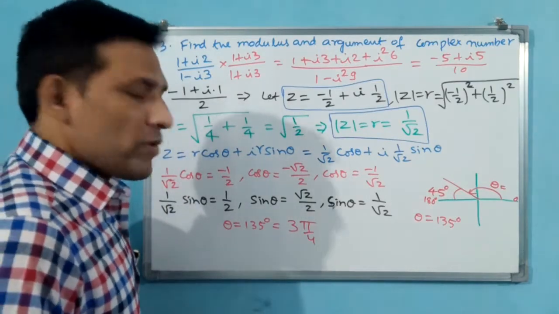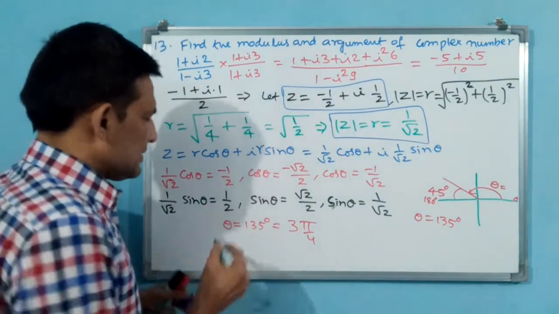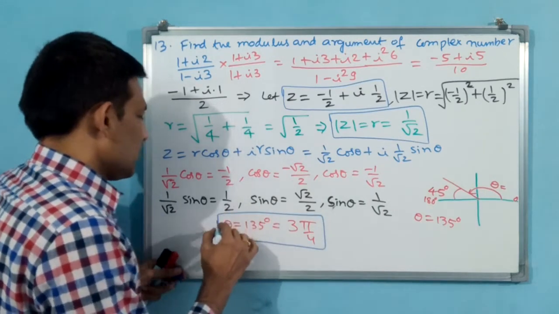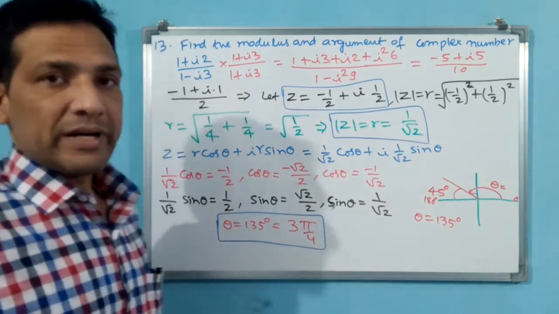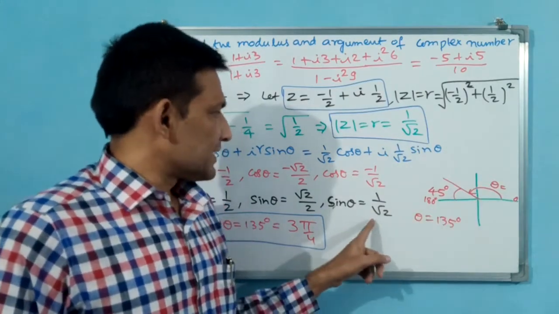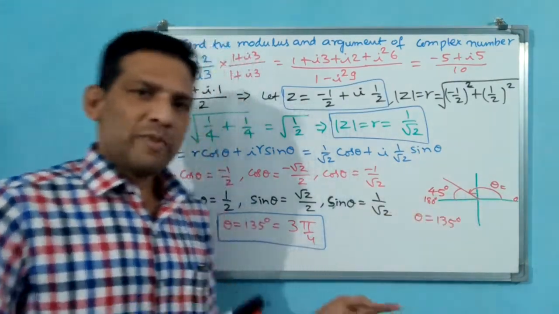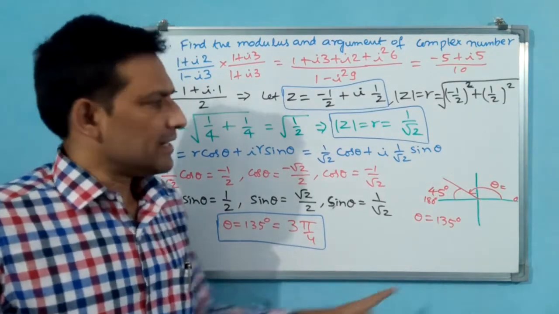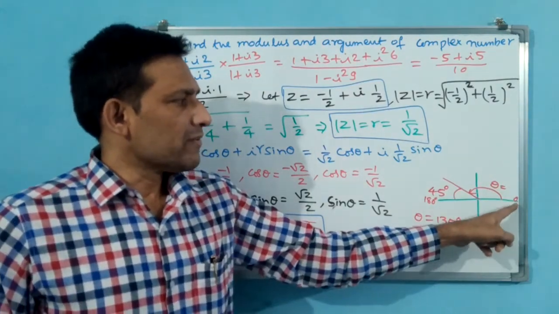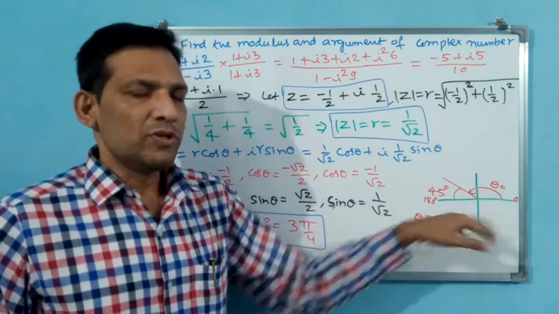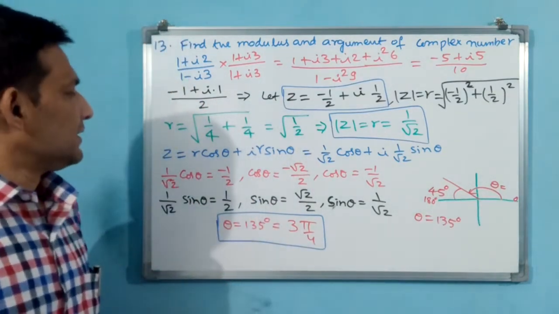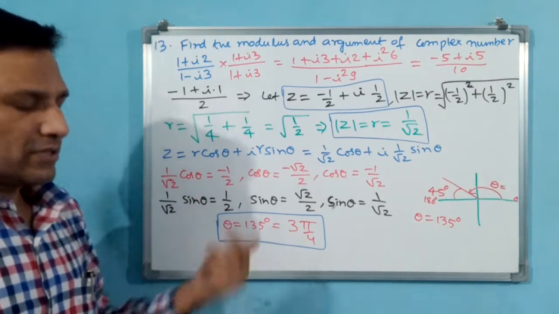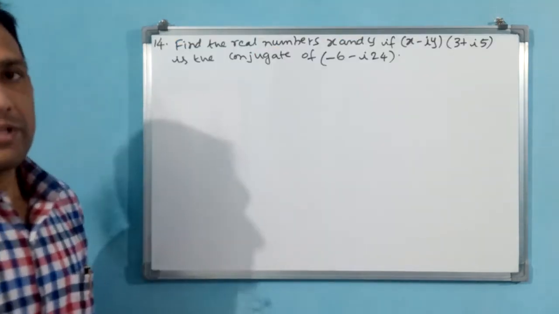Okay. How it has come, you all understand. This is very important. Why we have taken 135 rather than 45, you might be knowing. Always you have to take the final theta from the reference angle only. Reference is this one, 0. From 0 only you have to take. Okay. Now this is your 13th question. Let us go for the 14th question. See the 14th question.